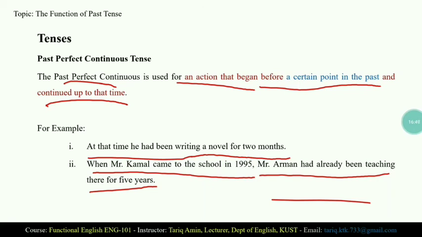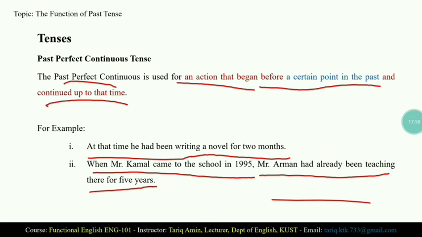And we discussed that past continuous is used to denote action going on at some time in the past. We discussed that past perfect tense is used to show actions completed before a certain moment in the past. And we also discussed past perfect continuous tense, that it is used for an action that began before a certain point in time in the past and continued up to